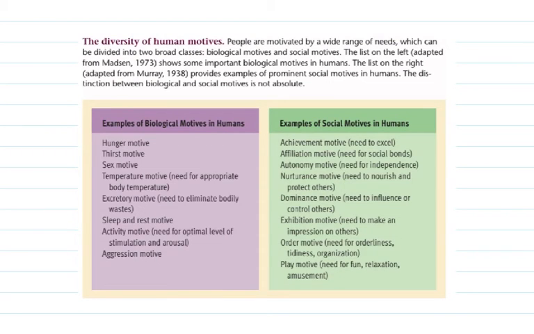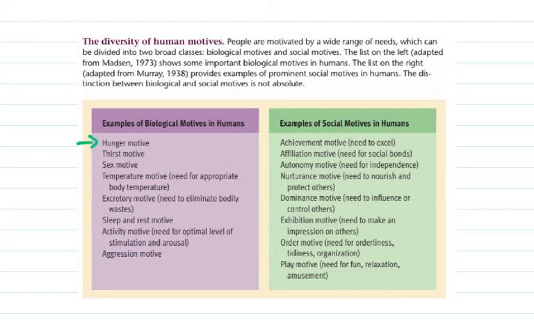Now we move on and look at some bases, one of the very basic motivators, and we look at different kinds of motivations. Let me show you that. Here we have this table that looks at biological motives and social motives. What we're going to do is look at the first of these, which is the hunger motive, and look at all sorts of biological and social bases for the hunger motive and try to explain where the motivation for hunger comes from.